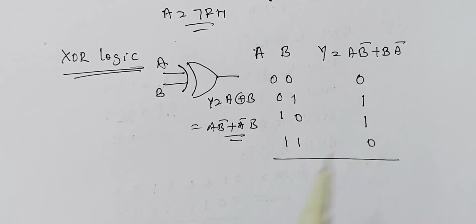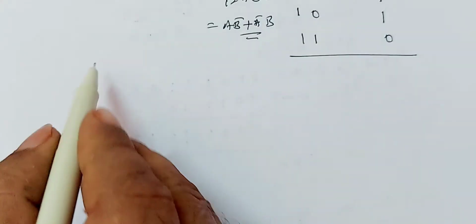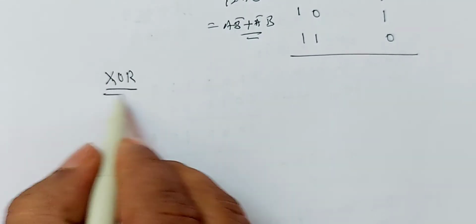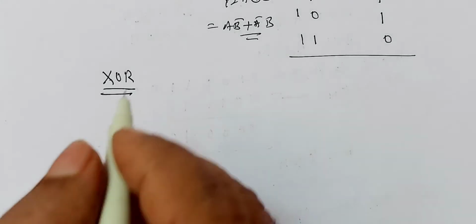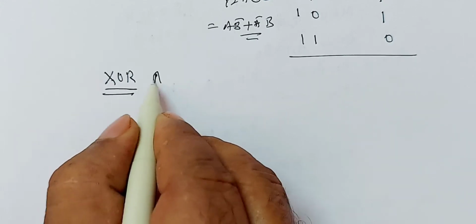So it should be noted that in an exclusive OR gate, if there are n number of inputs, if all the inputs are same, either 0 or 1, the output is 0. If any one of the inputs is different, the output is 1. Similarly, the operational code to perform XOR logic is XOR. The instruction is given by XOR destination comma source, XOR A comma source.